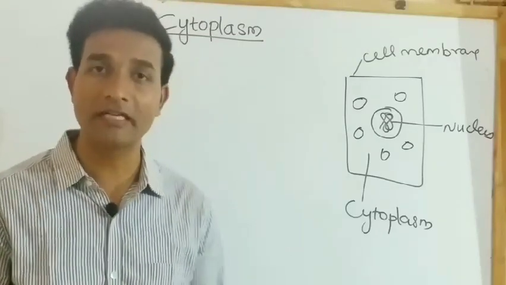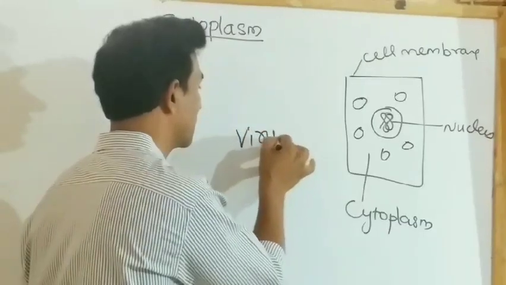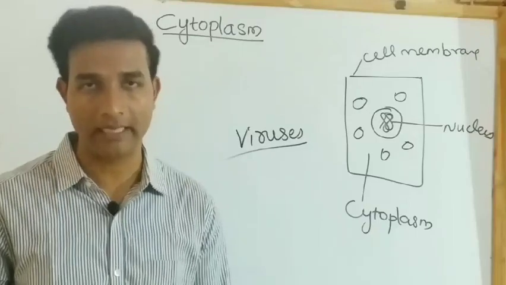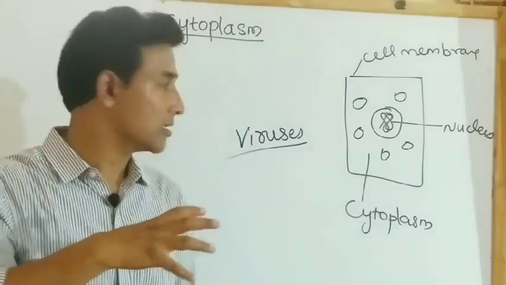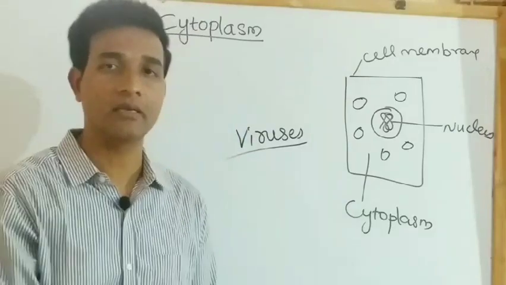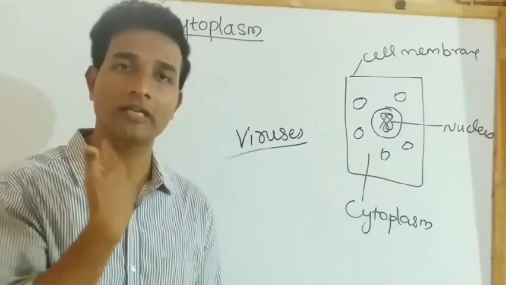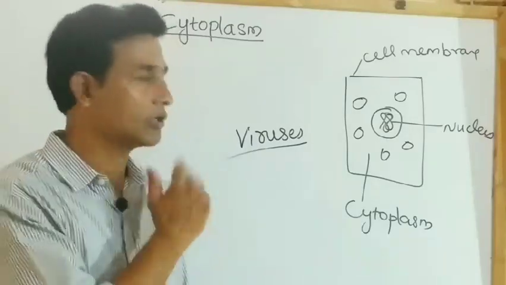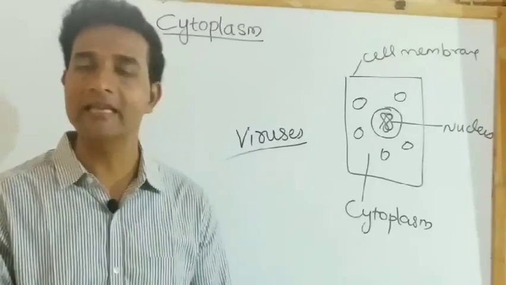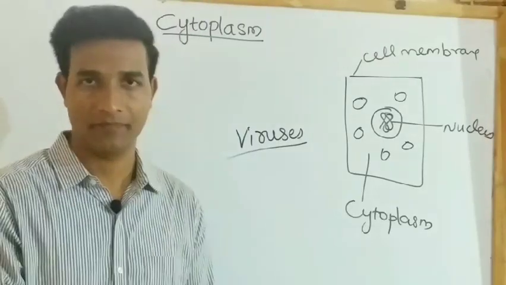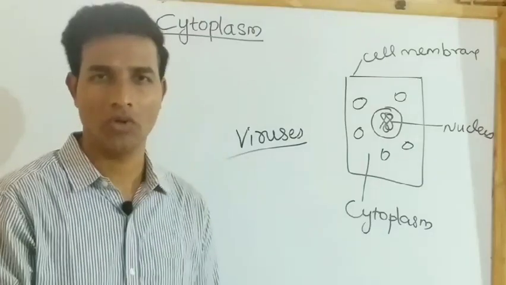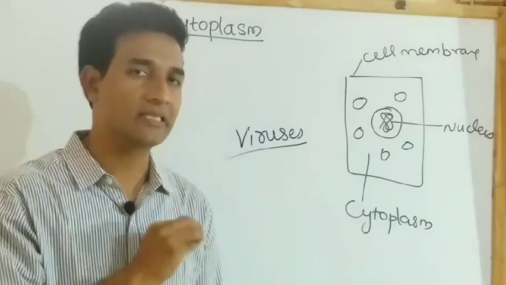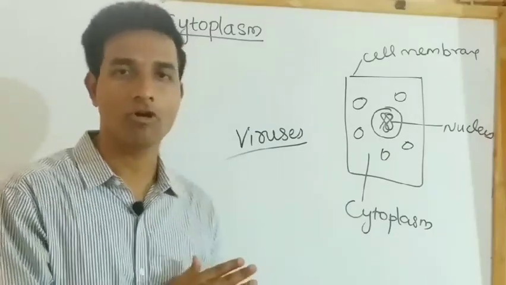When you observe the significance in viruses, viruses do not have these membrane bound cell organelles. Because of that, they depend upon living cells for their development, growth, or multiplication. So until they infect a living cell, they cannot multiply because they lack any membranes in the cell. But actually we cannot call it a cell either, because they do not behave like a completely living cell. So it is neither living nor non-living.